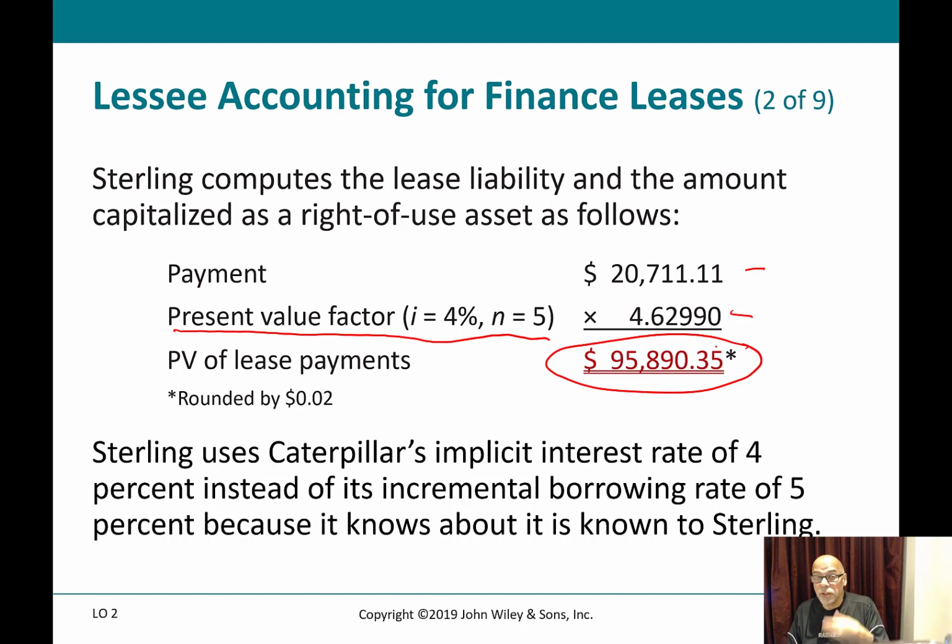Well, that was because they included the present value of the $5,000 guaranteed residual value, and you do include that to see if you've met the fair value being greater than or equal to 90% test, the present value test. You don't use it to do the accounting when the lessee believes the property is going to actually have a higher value than that $5,000. Then they're saying, well, I'm probably not going to have to pay that out. So you use it to determine if you have met the present value test,